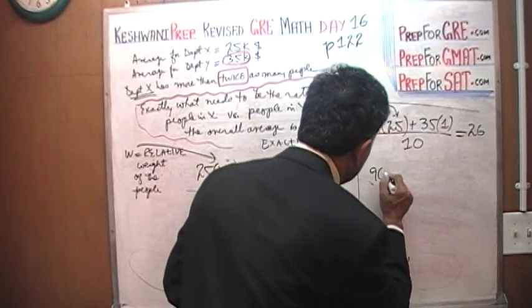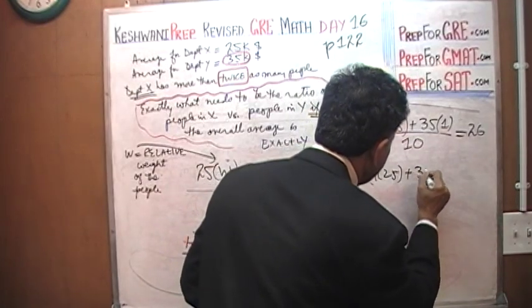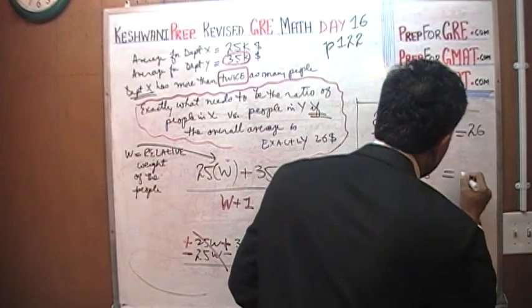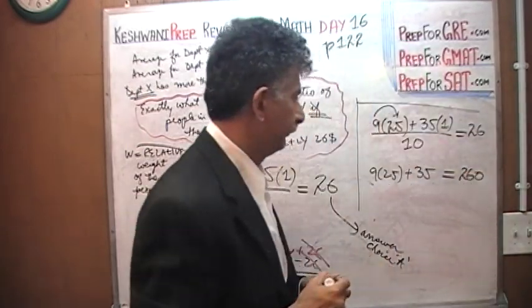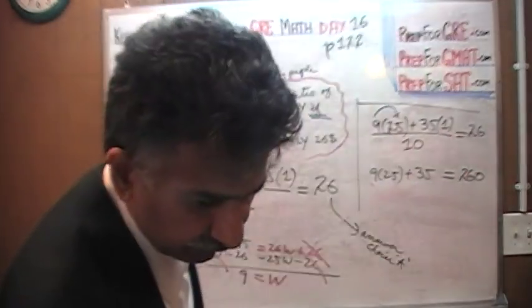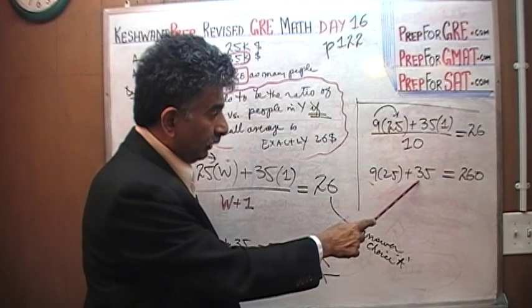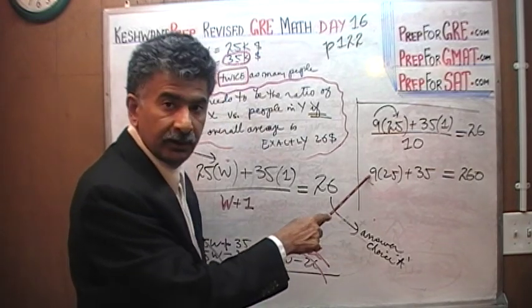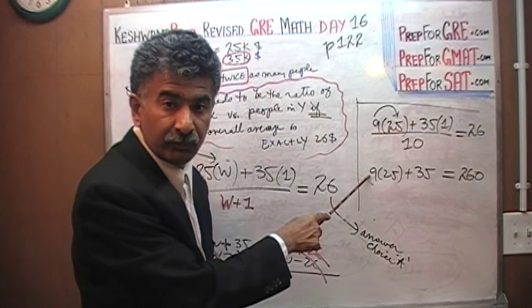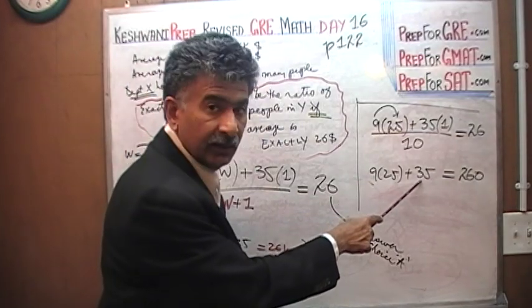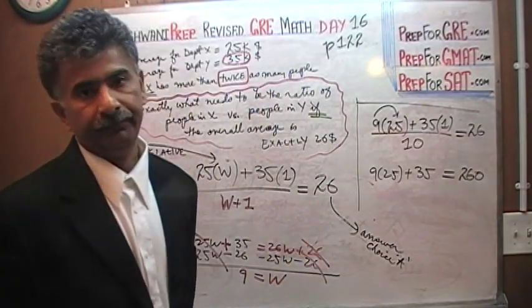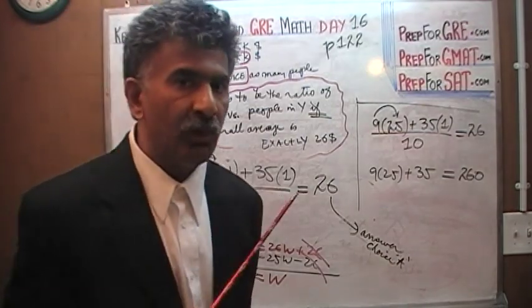9 times 25 plus a 35 does equal 260, because this 35 has 125 in it. 125 from here, 9 of them here, there's 10 25s, which is 250, and an extra 10 makes it 260. Voila. So the overall average would